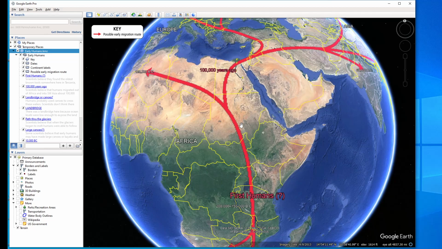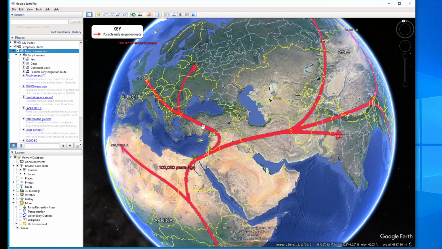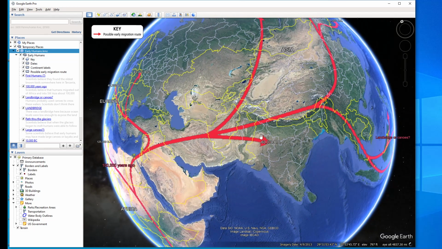Okay, so the first humans here migrated all the way up here into Arabia. Across here, they went here. They also went up into Europe. We're talking about 100,000 years ago. Across here, down into India,